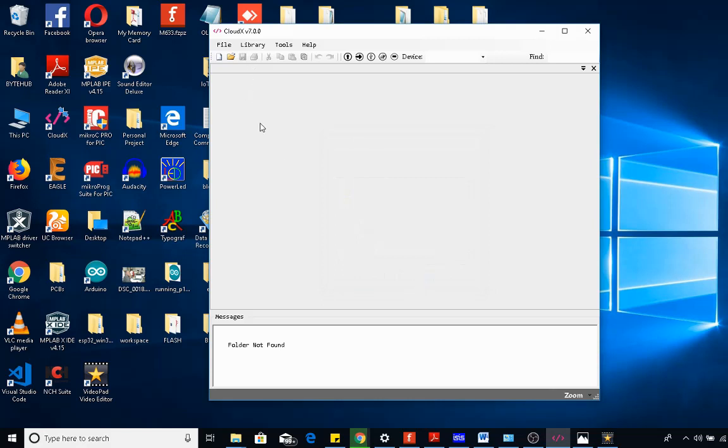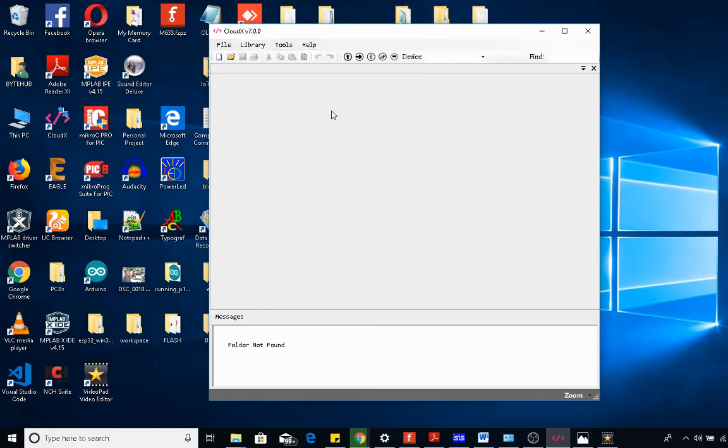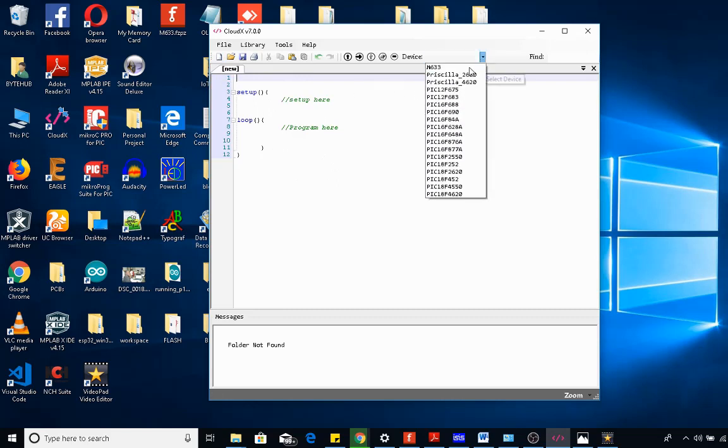To know if you successfully imported the library, you click on library, then you click on include once again, so you'll be able to see your libraries over here. To create a new project, you have to click on new. This is the work environment, the workspace we'll be working with, and these are the devices that are currently available on this